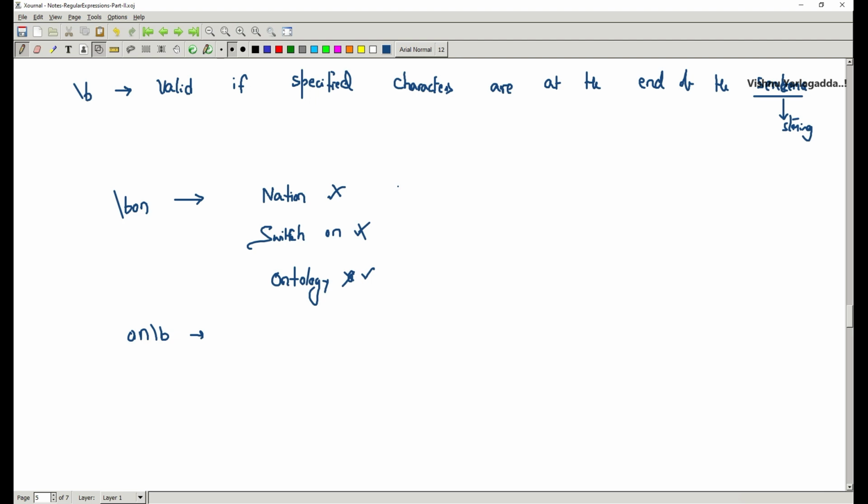For nation it will be on, for switch on it will be on, for ontology it should be off. But it is not working exactly, so I will check it and upload it in the comment. So if backslash b is at the end of the word, then it is not working. I'll keep a comment for this.